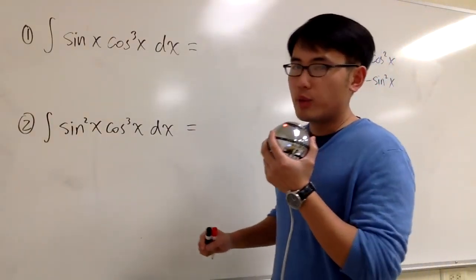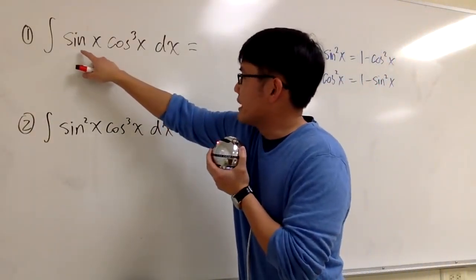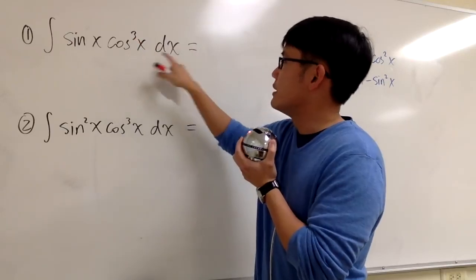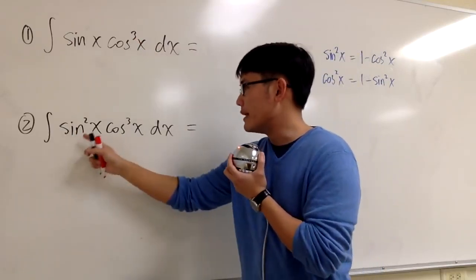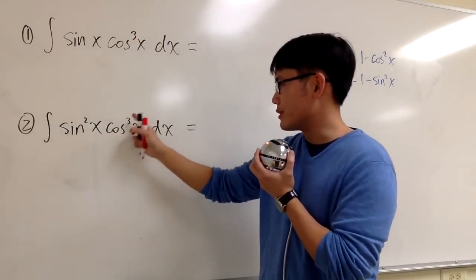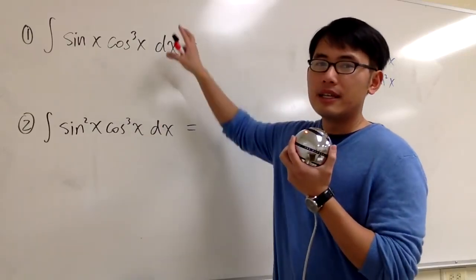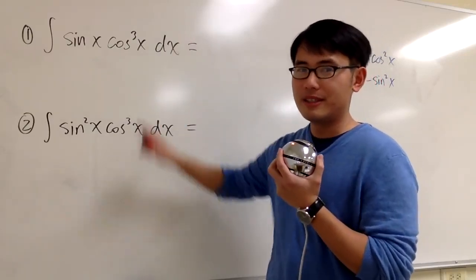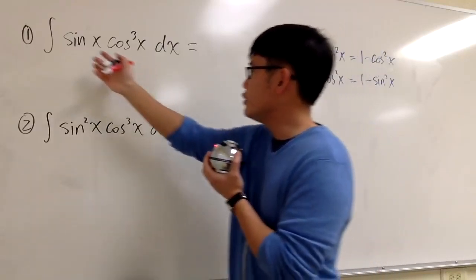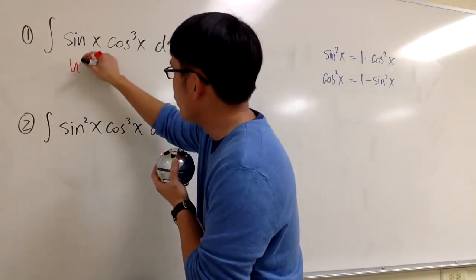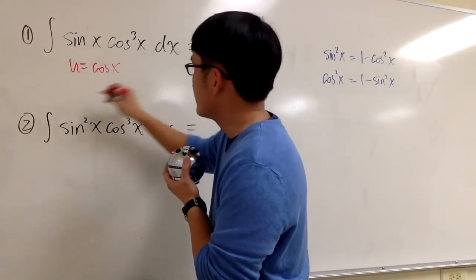Let's go over these two integrals. The first one, integral of sine x times cosine to the third power x dx. The second one, integral of sine square x times cosine to the third power x dx. These two questions, which one's easier? First one, because I can just look at this integral and say that u equals cosine x, and then